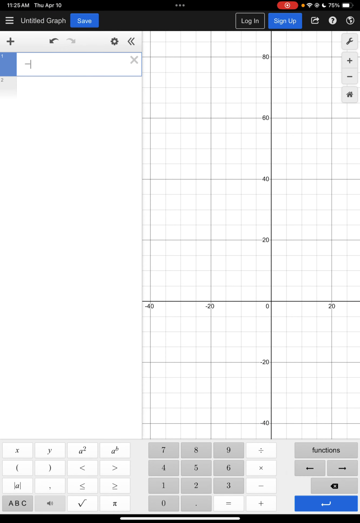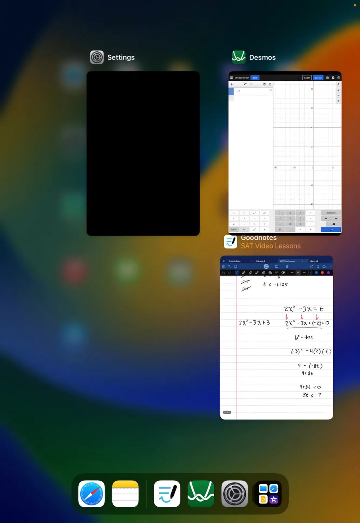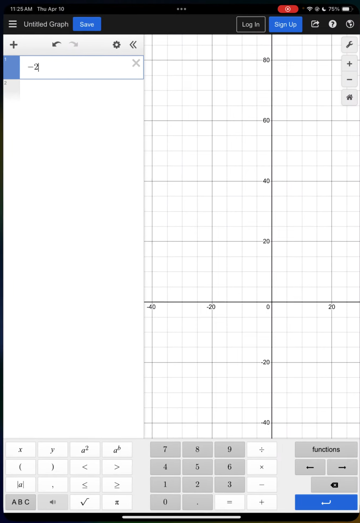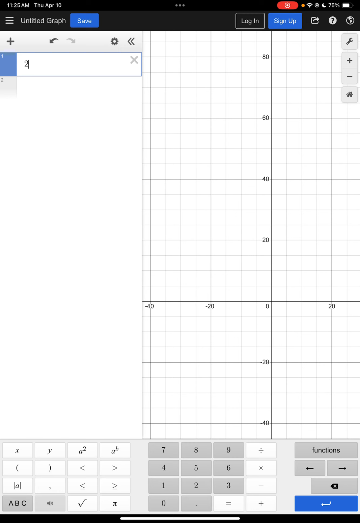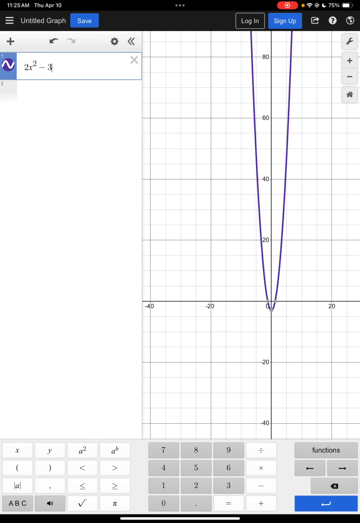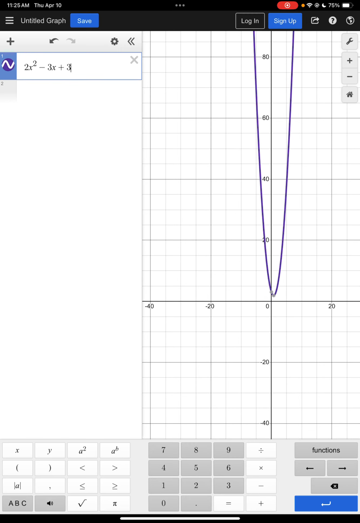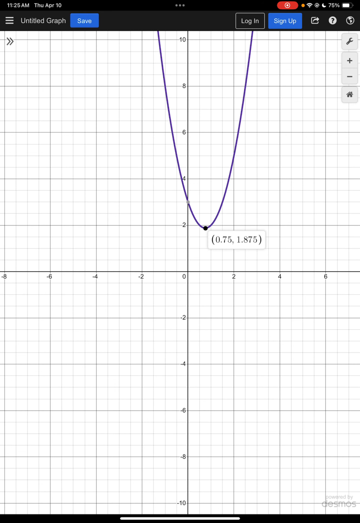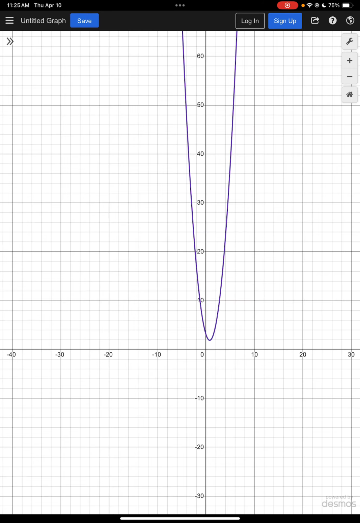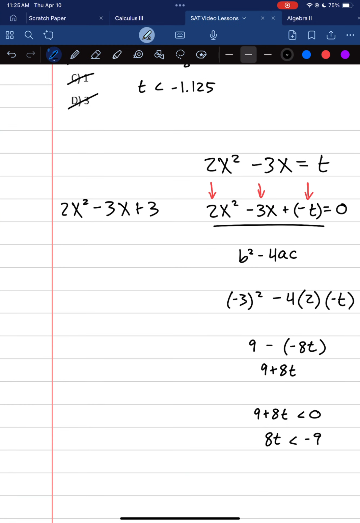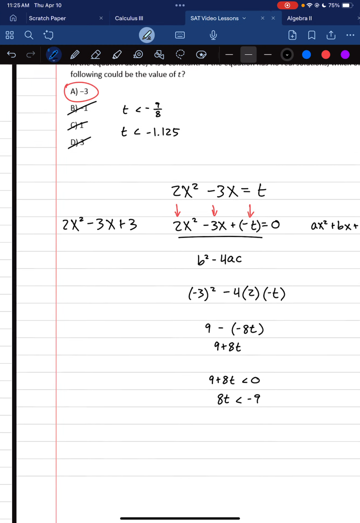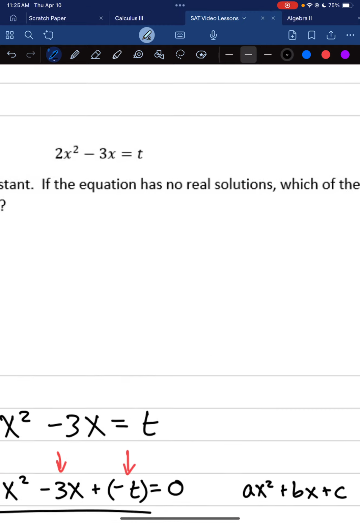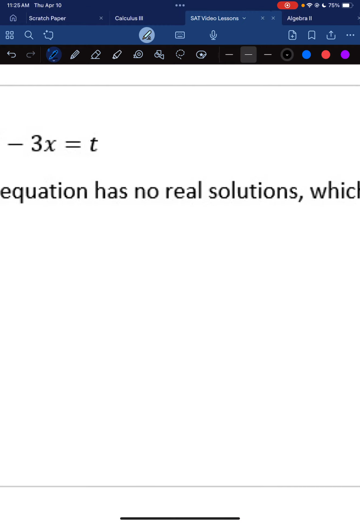So I'm going to have negative 2x squared, so positive 2x squared minus 3x plus 3. And we can see that this quadratic equation does not intersect the x-axis, so there are no real solutions. Now, if I revisit this problem, but let's say that it asks for, instead of no real